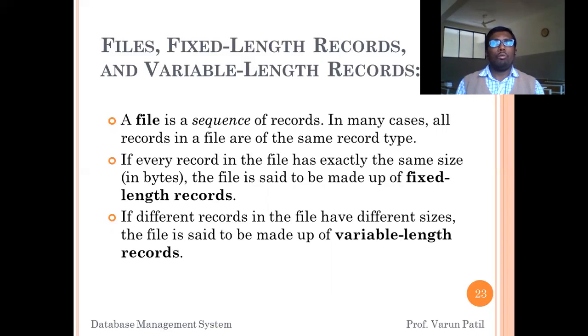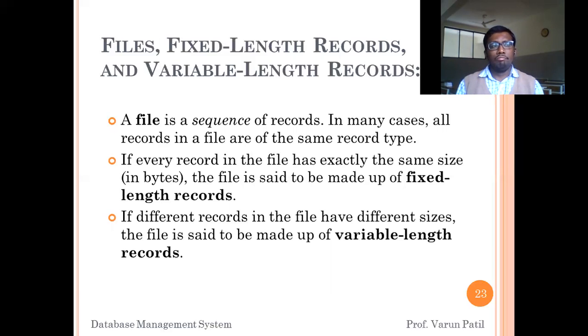So see, Ram, Sagar, Manjunath: the letters will be different, one consisting of 5 letters, another consisting of 10 letters. Then the size will vary, so you say that it is a variable length record. Most files have variable length records only.